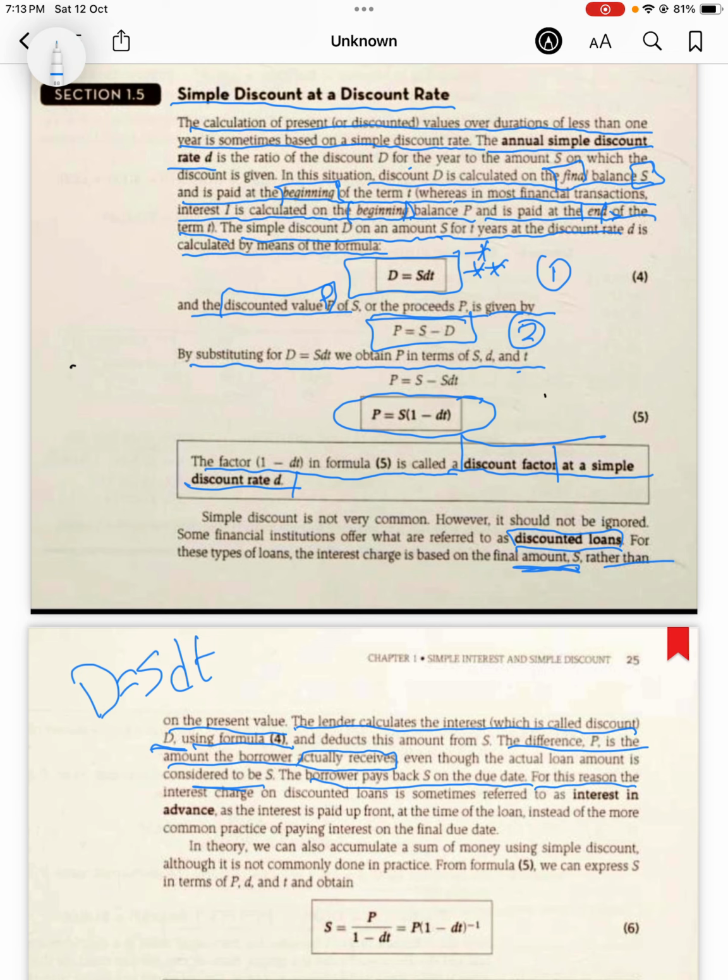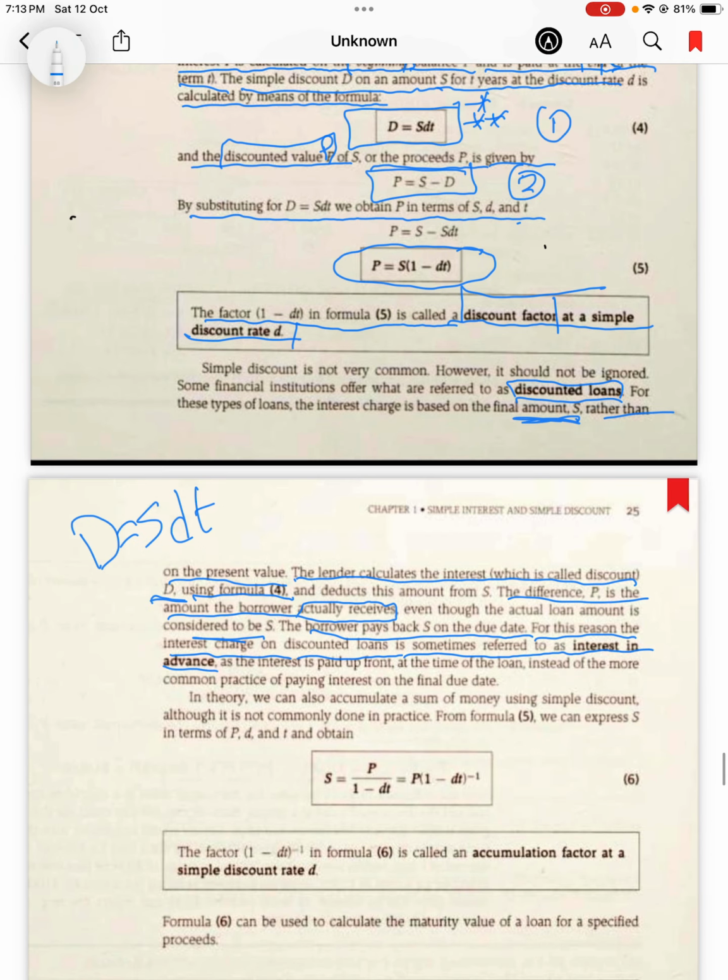For this reason, the interest charge on discounted loans is sometimes referred to as interest in advance, as the interest is paid up front at the time of the loan instead of the more common practice of paying interest on the final due date. In theory,